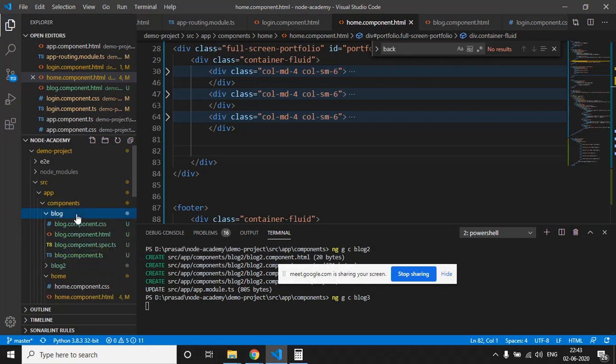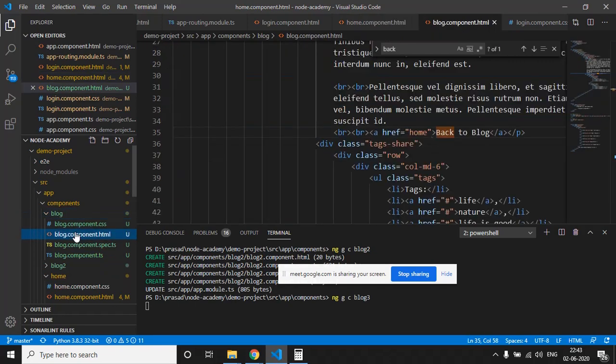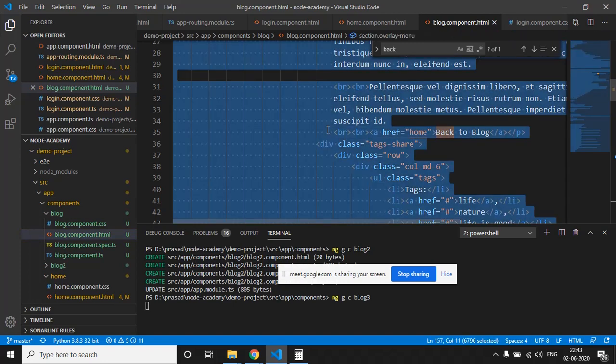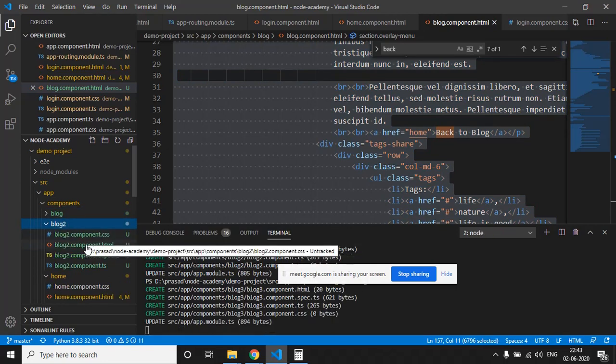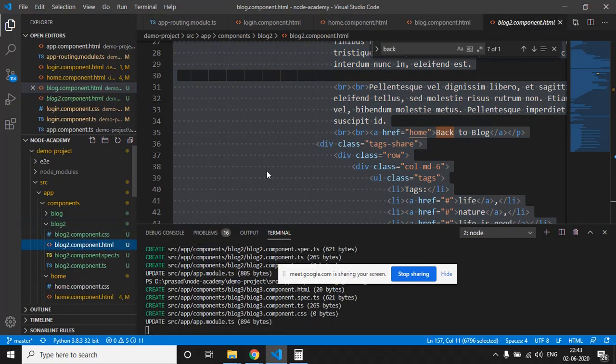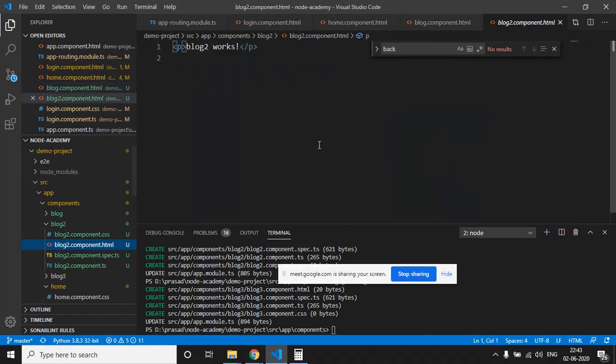So what we will do, we will keep all the block components the same. We will just change the heading which we have provided. Just copy all the contents of the block component.html and paste it into the block2 component.html and change the heading for now.